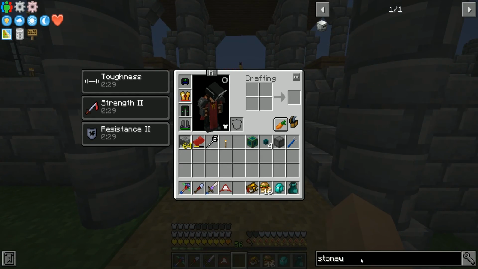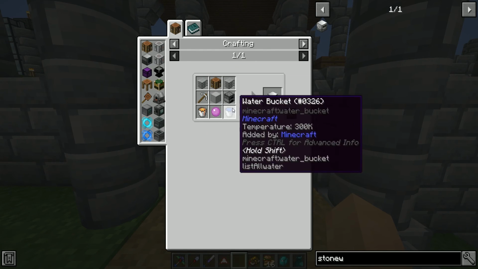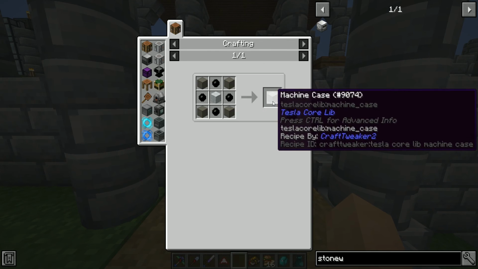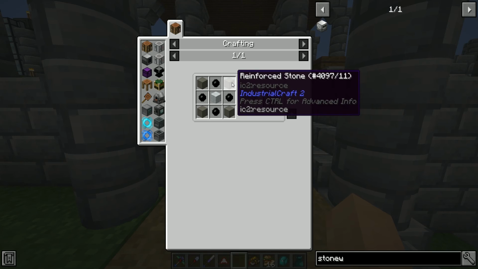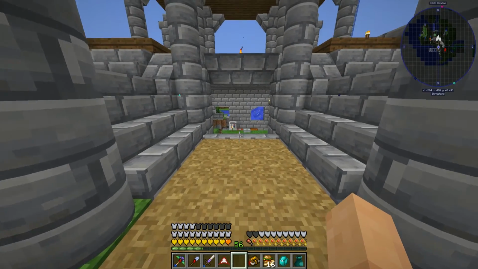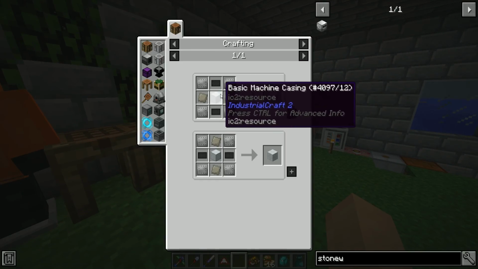I am so done with getting glass. The biggest hurdle here is we have everything here except for the machine case. And these ones are a little bit of a pain to make. We need the reinforced stone, rubber or plastic, and an advanced machine casing. The advanced machine casing is not easy. It's definitely one of the more